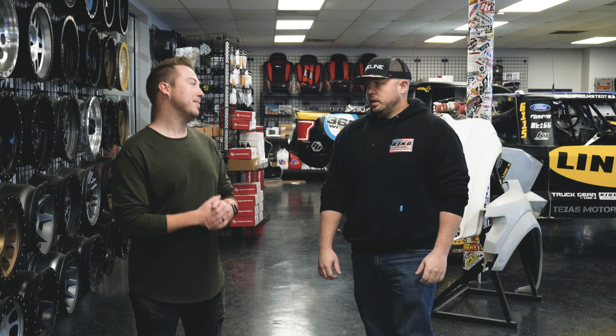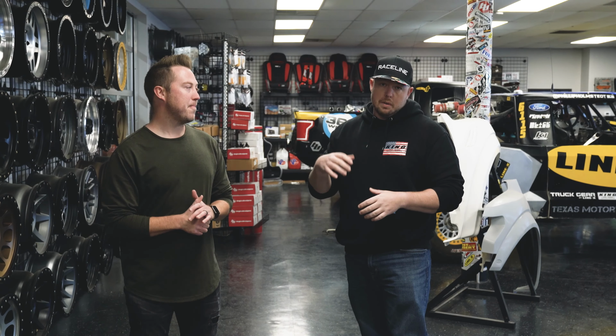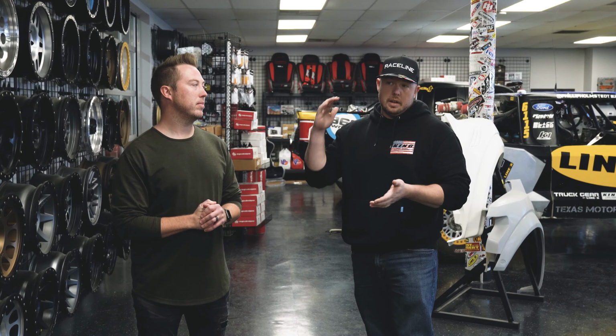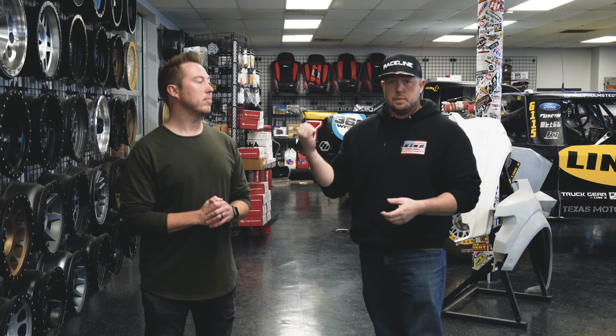We just finished the install and now I've got Jason Cook of Texas Motor Works here to talk us through what exactly we did. So Jason, take it away, man. Yep, so today we took off the Sasquatch suspension with the RPG coil collars and we installed the King coilovers on the front and rear. The front, you have a single coil to address the leveling issue, and then the rear is a dual rate